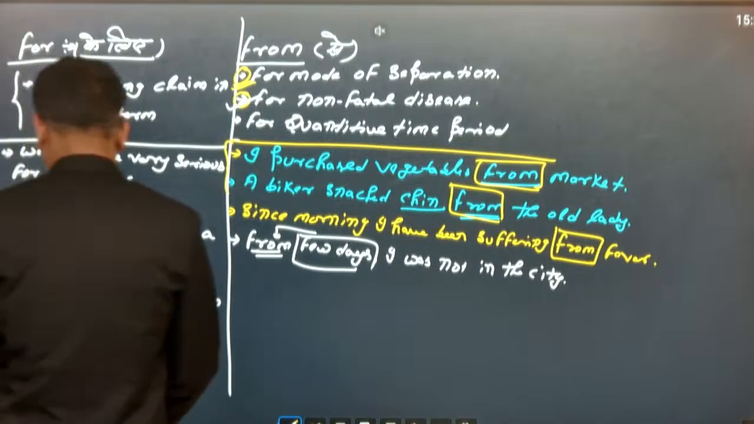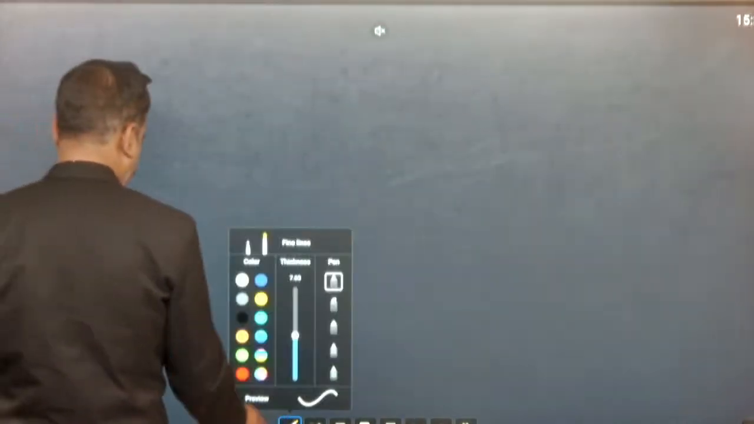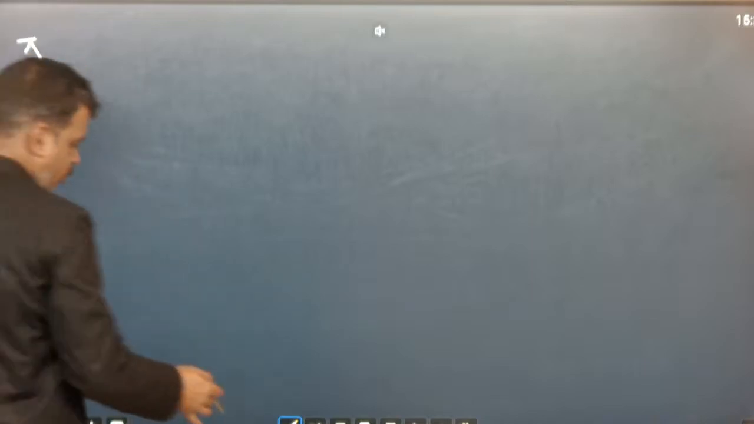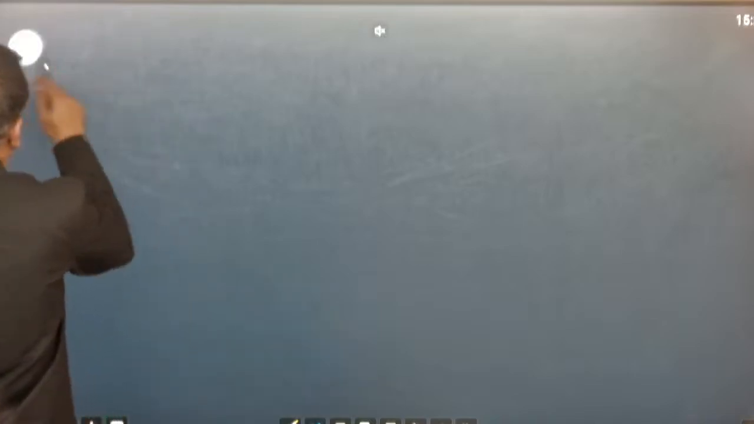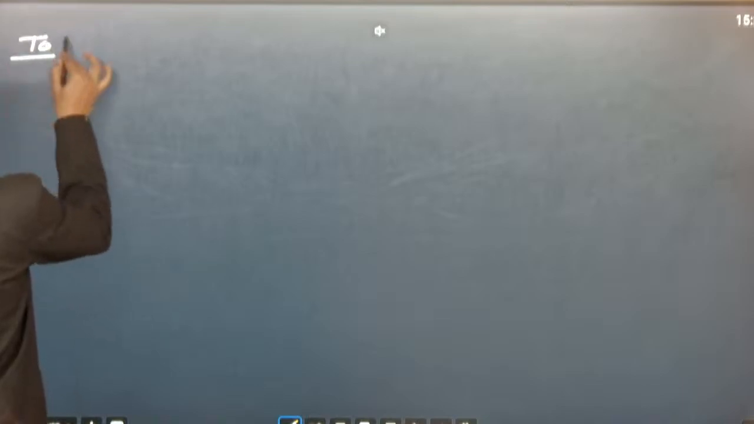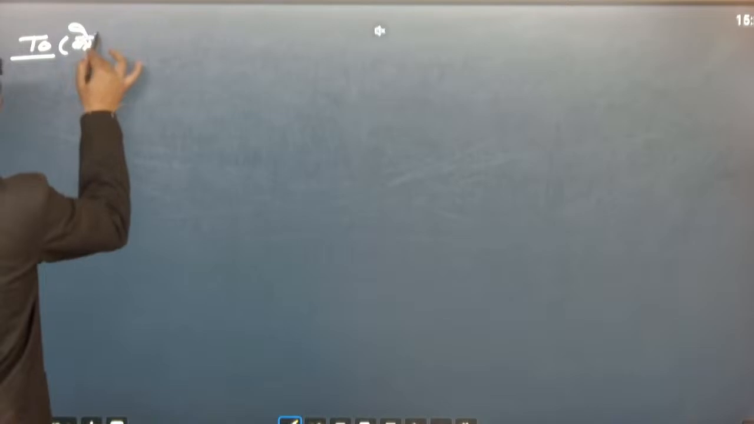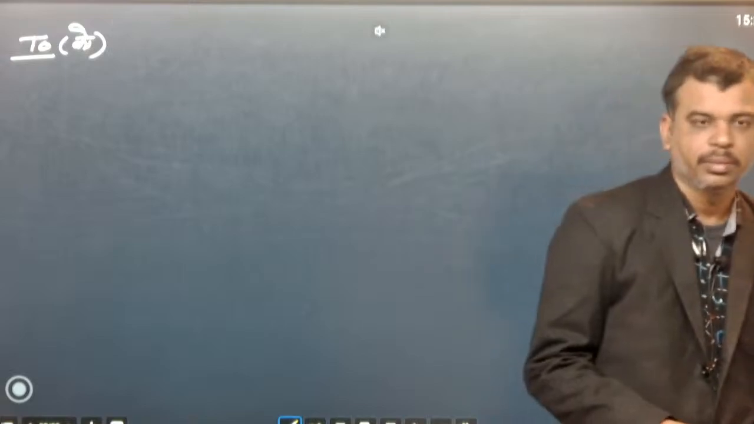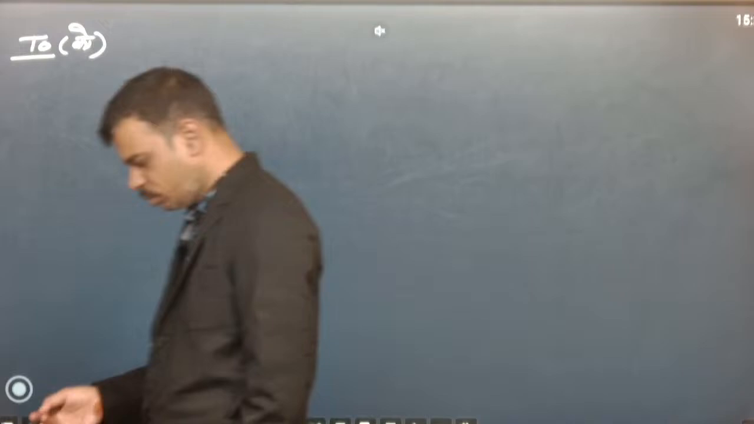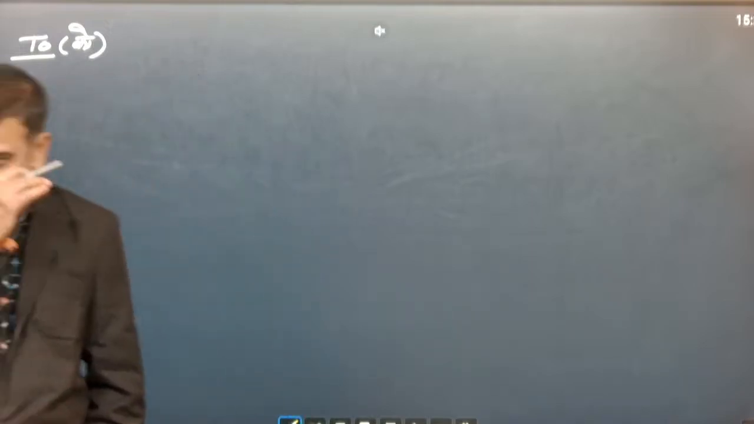Next word is to. बहुत छोटा सा वर्ड है बट बहुत इंपॉर्टेंट है। सो व्हेन वी यूज टू, हम टू को कैसे यूज करते हैं देखें।